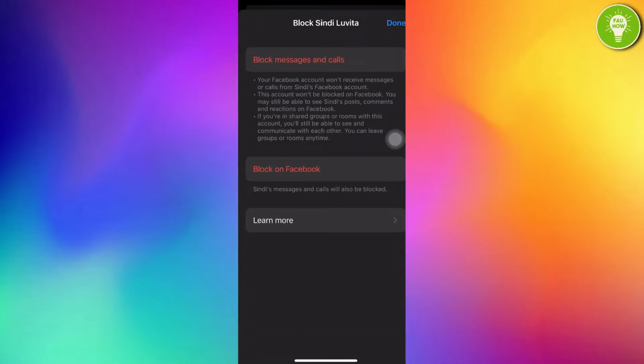There are two options here, block messages and calls and block on Facebook. They are different. If we choose block messages and calls, your Facebook account will not receive messages or calls from that person, and that person's account will be blocked on Messenger. You may still be able to see that person's posts, comments, and reactions on Facebook. If you are in chat groups or rooms with this person's account, you will still be able to see and